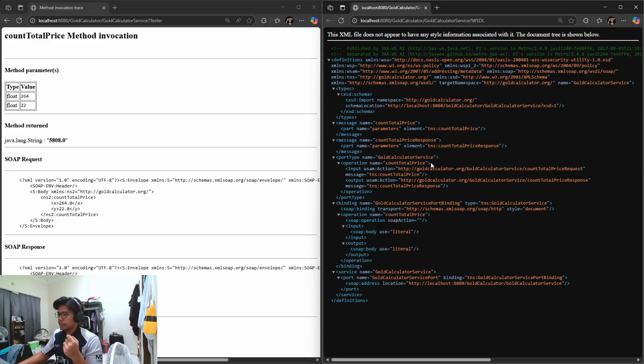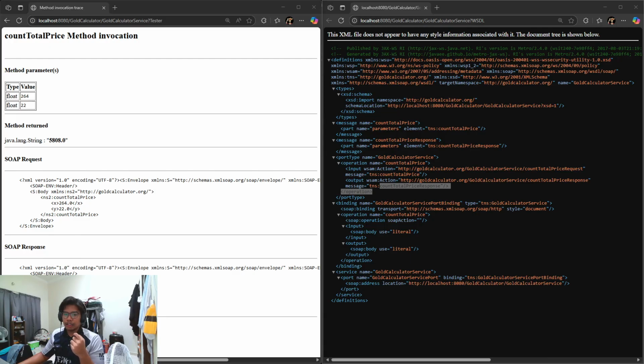The first operation is the count total price. We can see the count total price is in the SOAP request. For the request count total price, it will return the output of the count total price response here. Inside the SOAP response, we will return the value of the multiplication.